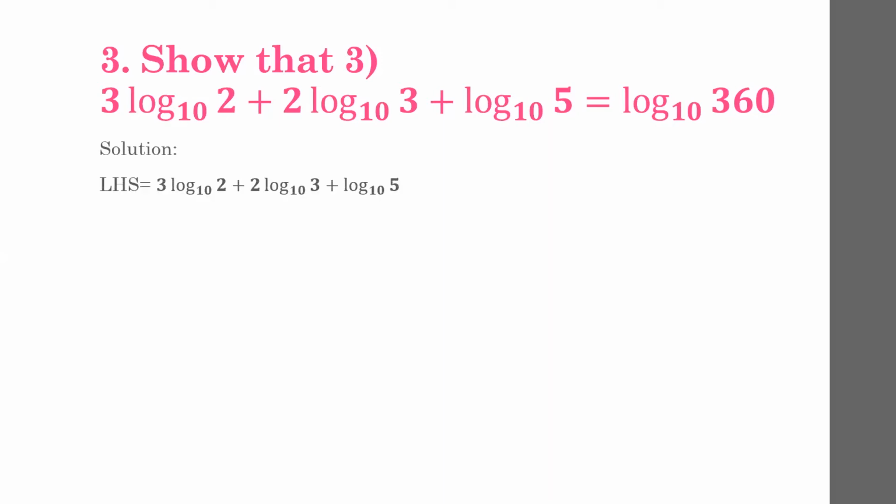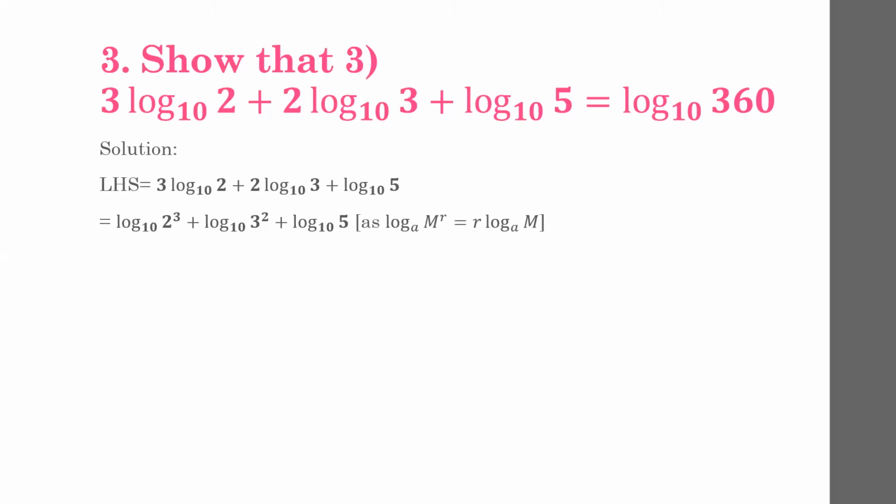Left hand side is equal to 3 log 10 base 2 plus 2 log 10 base 3 plus log 10 base 5. If we look at the first two terms of this left hand side, we can see we have a coefficient in both the parts of the logarithm. So we can write the coefficient into the power of 2 and 3 in the second part. So doing that,